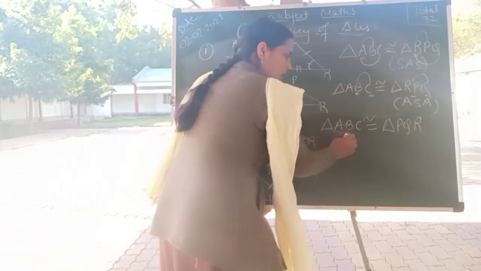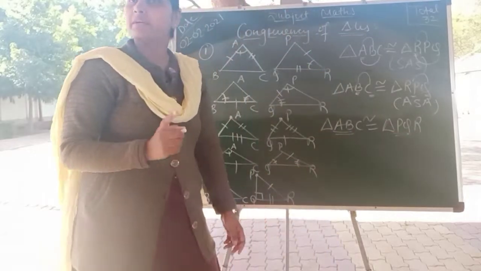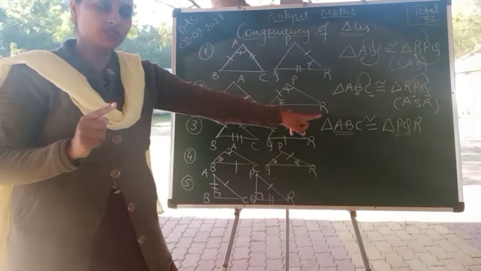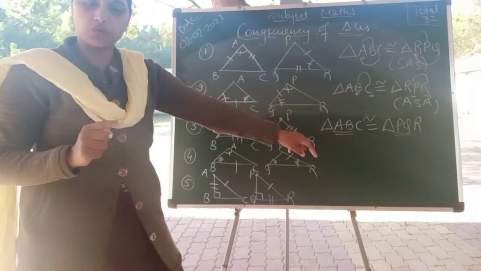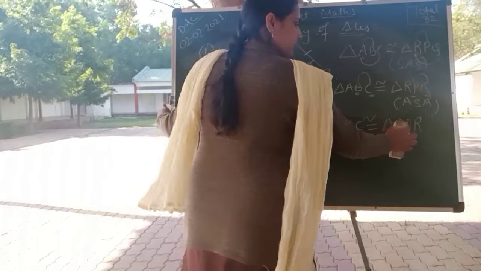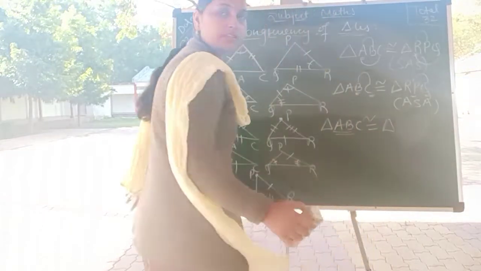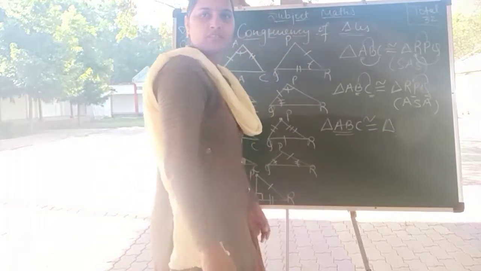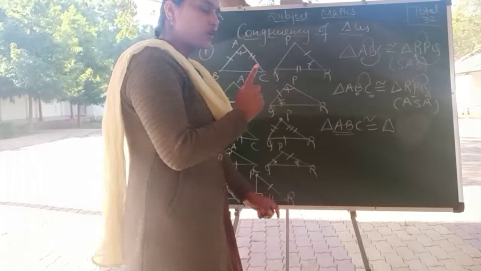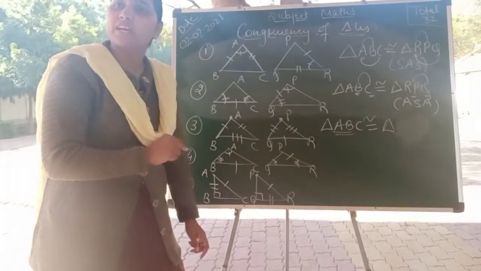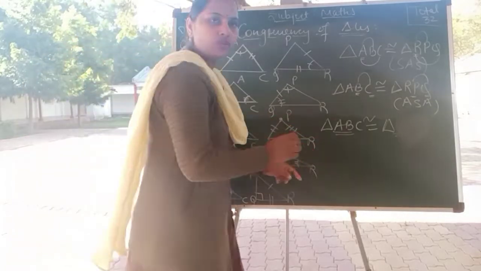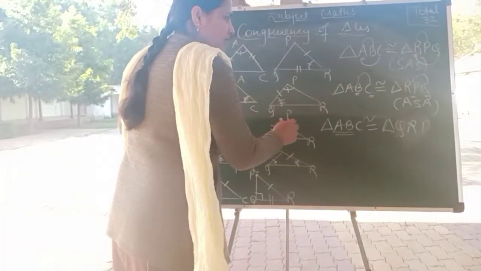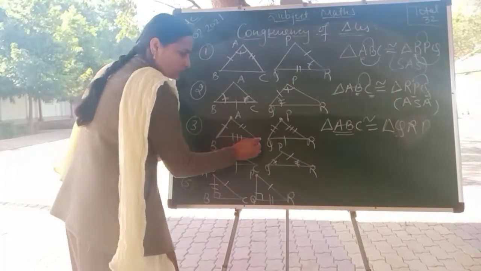But here is AB. Here I am getting PQ. But AB is not equal to PQ. It is equal to QR. So QRP. Let me check. Can we understood why I can't label it as PQR? PQR will not be there. The sequence will be changed according to the corresponding parts which are equal. Like AB is equal to QR. Let me check then. AB is equal to QR.